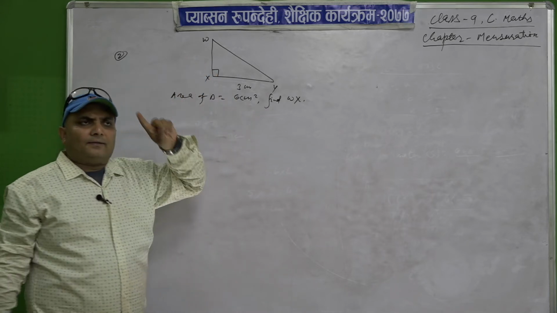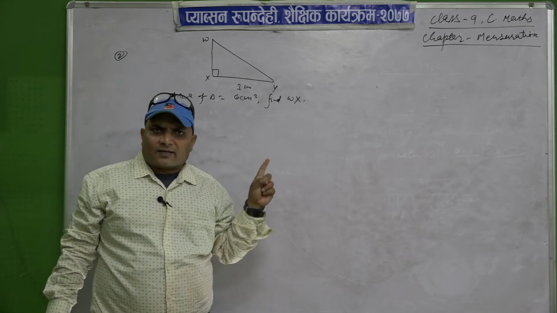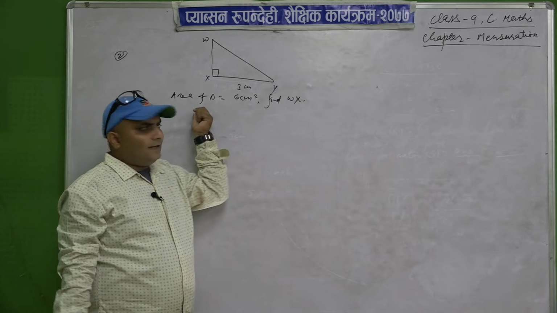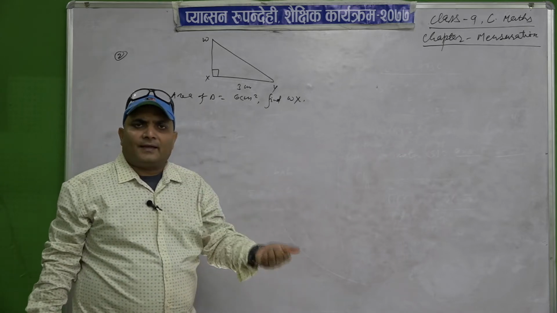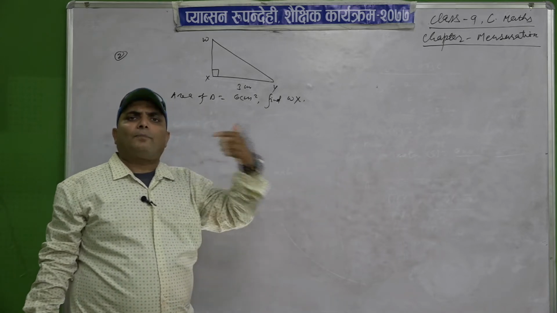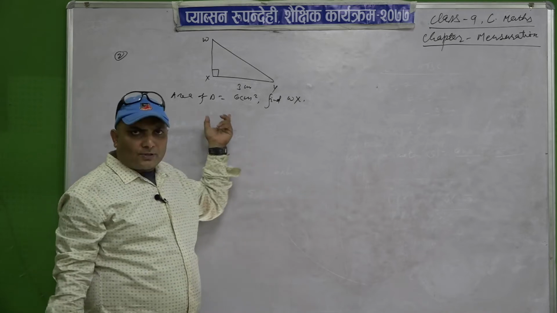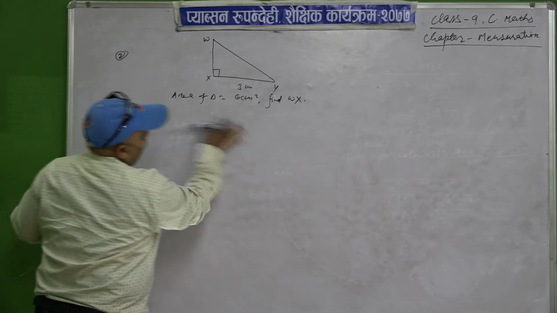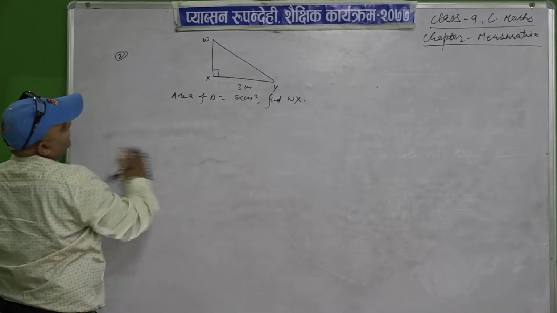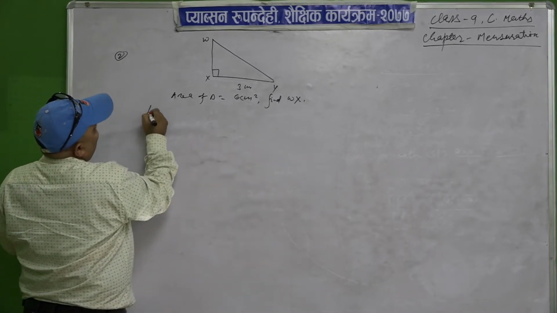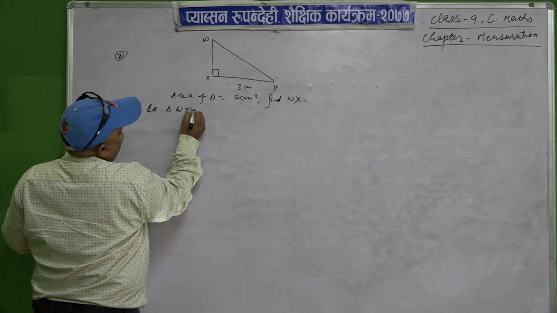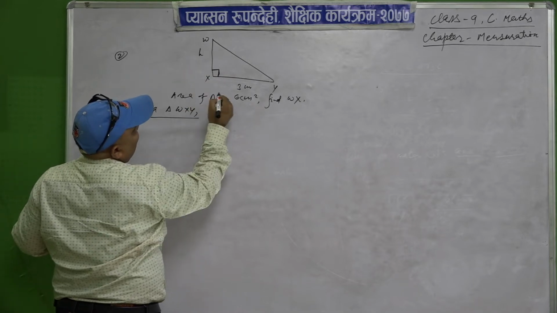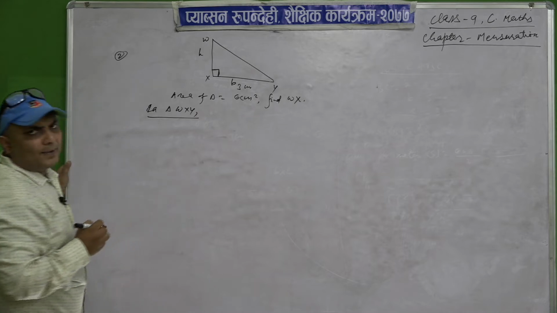Okay. When I taught you about circle, I told you that what is given, use that formula. What is given here? If area is given, use formula of area. If perimeter is given, use the formula of perimeter. What is given in the question, use formula of that given. Okay. So first of all, you find which is base, which is height in triangle WXY. If this is 90 degree, then this line will be height and this line will be base.